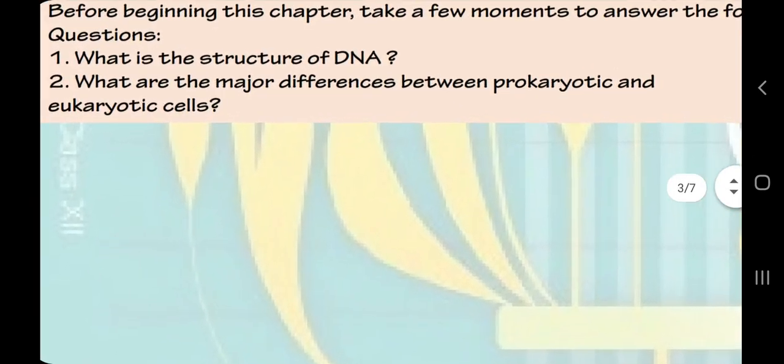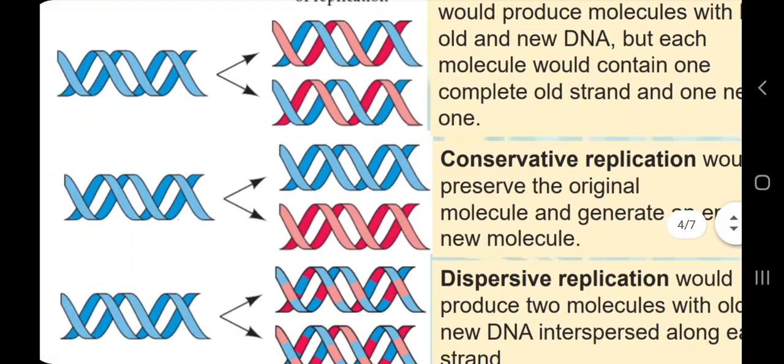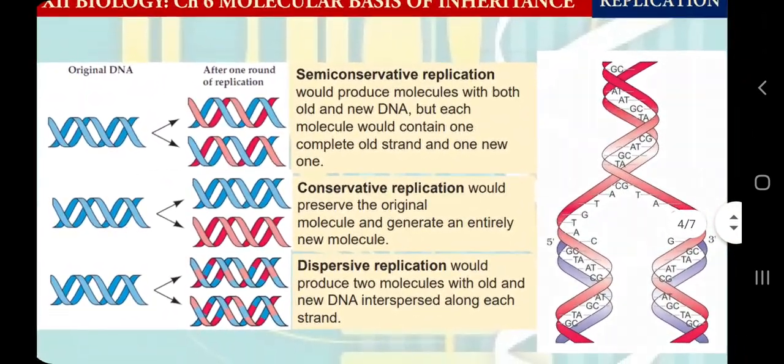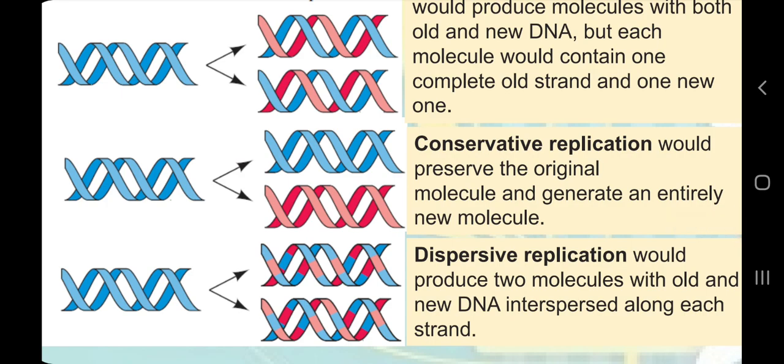And then we must always be aware of the difference between prokaryotic cells and eukaryotic cells, because in molecular mechanisms we always discuss the mechanism in the prokaryotic cell, then we compare the mechanism with the eukaryotic cells. So now in this video, what I try to convey is that if a cell is able to make copies of DNA, or if DNA is able to make its own copies, there are three possibilities how this can happen.